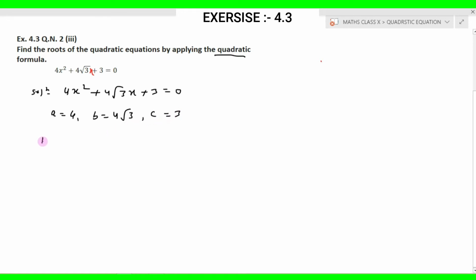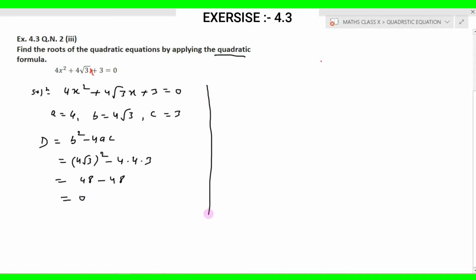First of all you have to find the value of D. You know the formula for D is b square minus 4ac, and we have the value of b as 4 root 3, whole square, minus 4 into a, which is 4, into c, which is 3. So here you will get 4 4s are 16, 16 3s are 48, minus 48. Then you are getting the value of D as 0. And if the value of D is 0, then according to